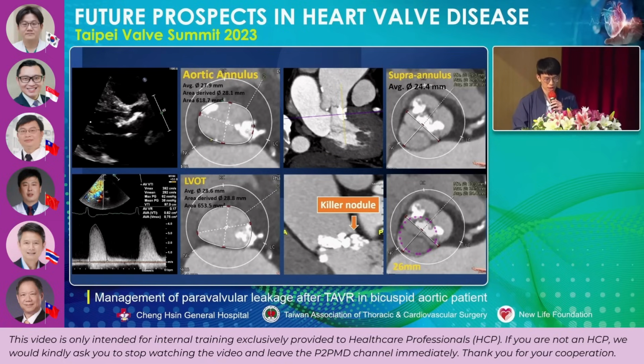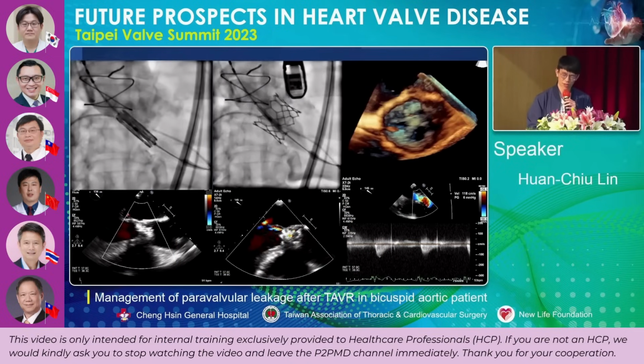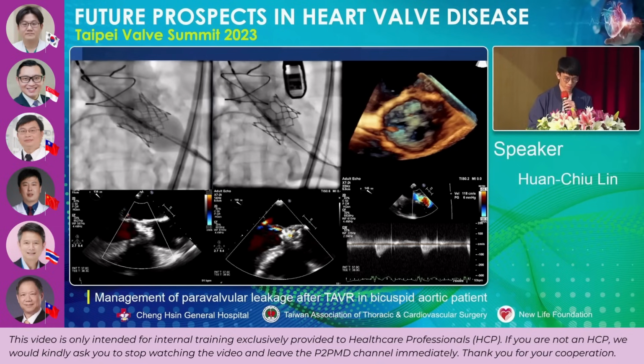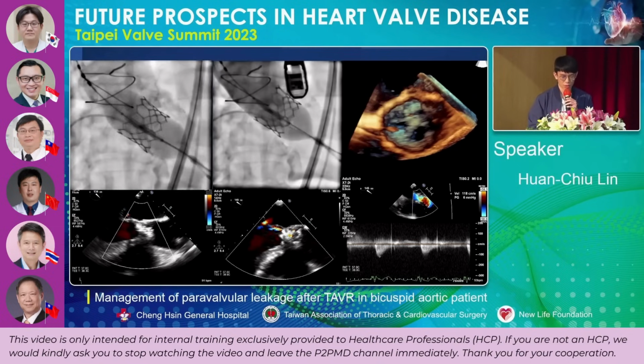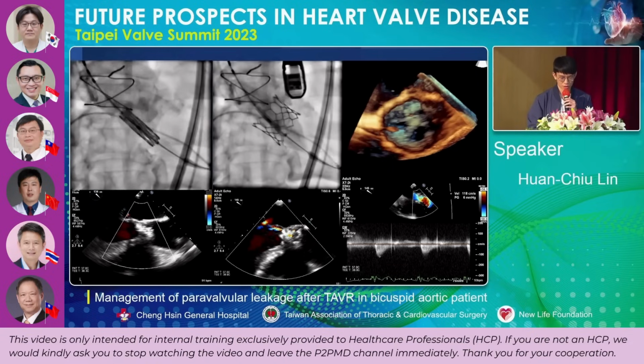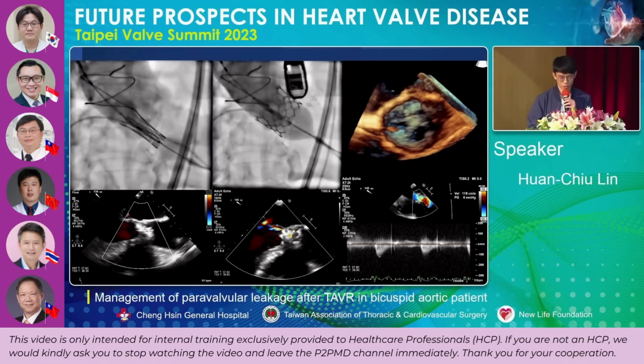In this WEST comprehensive sizing master, the goal is to identify the minimal safe anchoring diameter. So we chose a 26 millimeter valve, and although the function is relatively good, the mean pressure gradient is only 2 and the peak pressure gradient is only 6 millimeters of mercury. At that time, we stopped the procedure, accepted the paravalvular leakage, and tried to use medical treatment